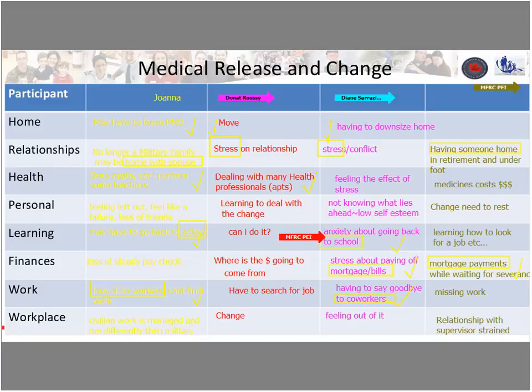Financial is the stress about paying off the mortgage, for example, and all the bills, because the paycheck that's coming in the house might be a little bit lower than that. So they're feeling that stress and having to live with thinking, oh, they'll have lots of time to pay off their house, and all of a sudden, hey, I need to leave my military life. Work, having to say goodbye to coworkers, even though they might be used to saying goodbye every few years. At this point, it's really saying goodbye to their coworkers